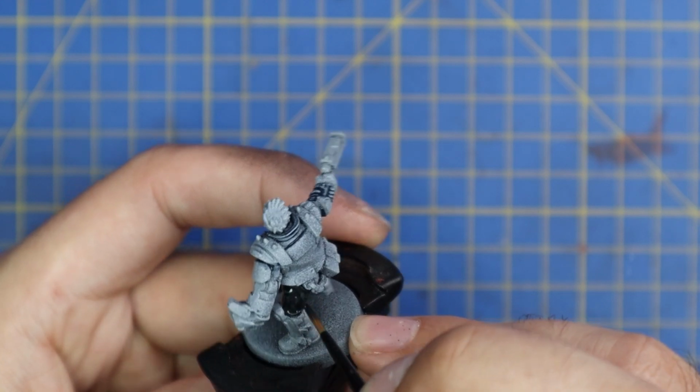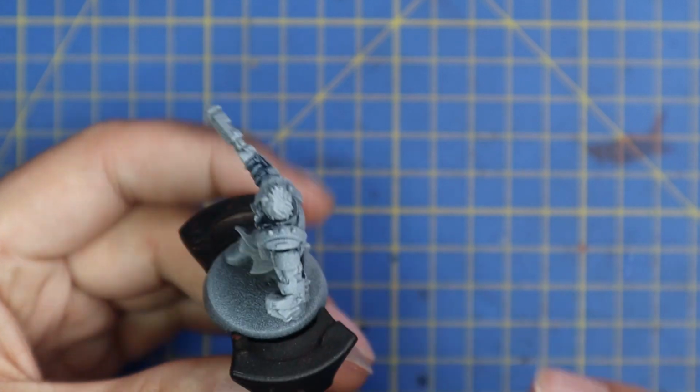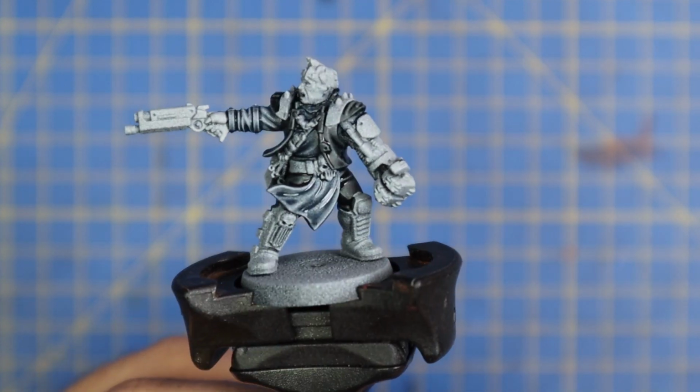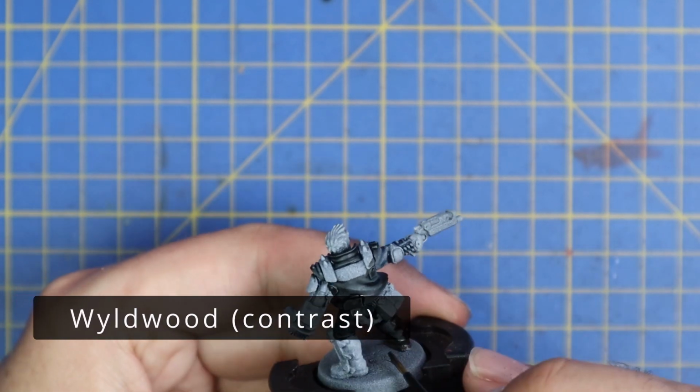But yeah, what crazy biker gang wouldn't set out to war without their leather pants on, leather waistcoat? Whether they're actually leather or not, I don't know, but it makes me happy to think of them as a little biker gang. Went over to Wyldwood Contrast now to block in any of the boots and belts